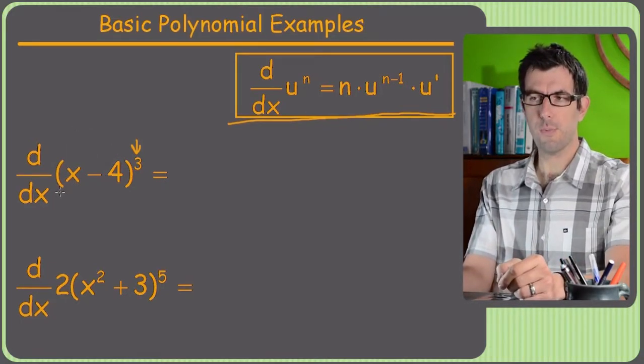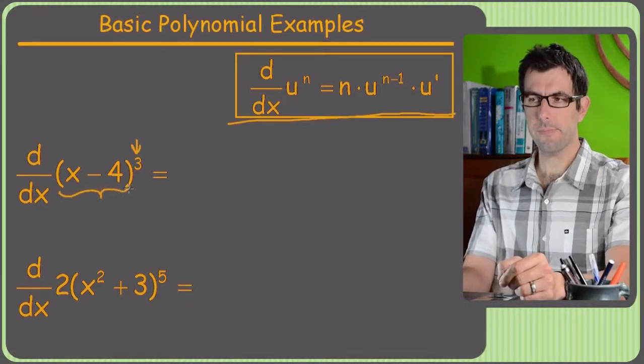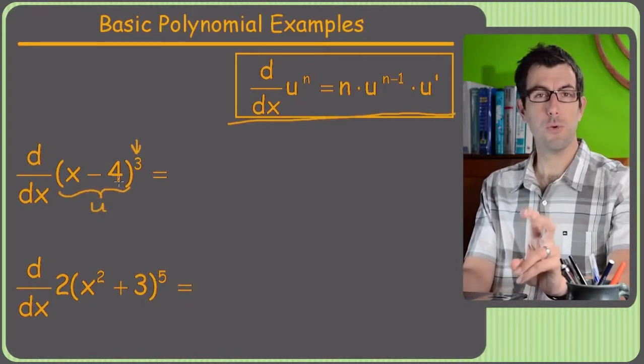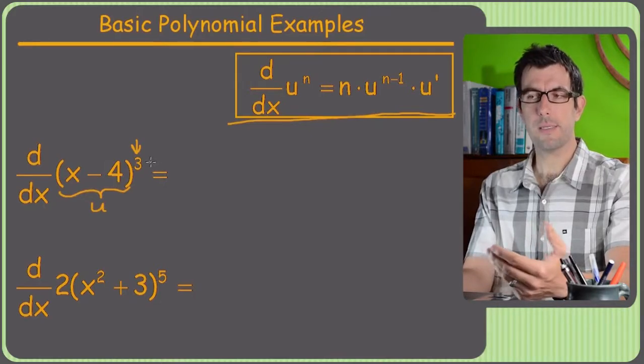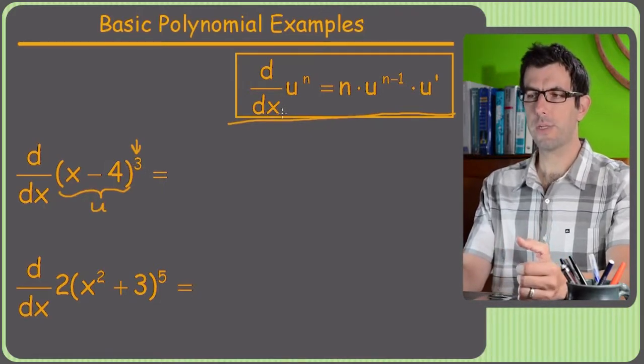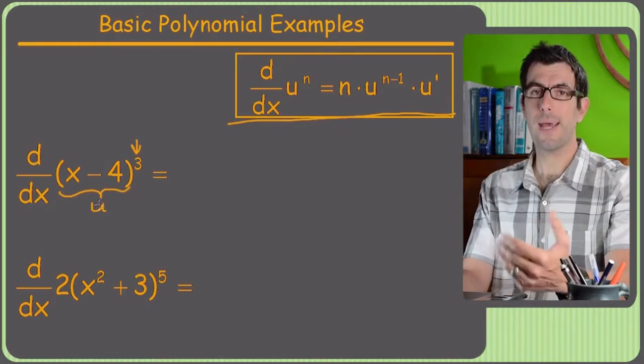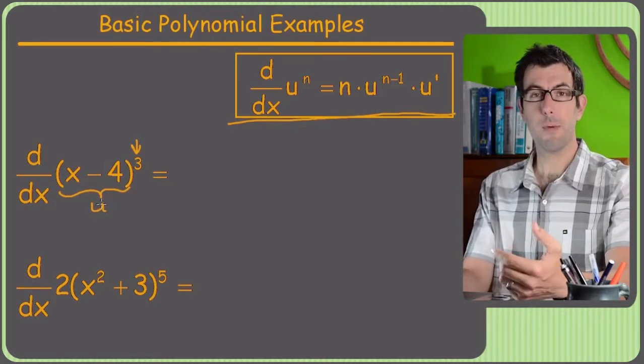And it's pretty obvious in this one that x minus 4 is going to be our u, because that's the thing that's being raised to the power of 3. So now I'm just going to plug and chug. Now, you don't have to label your u as u, but you might want to when you first start out,